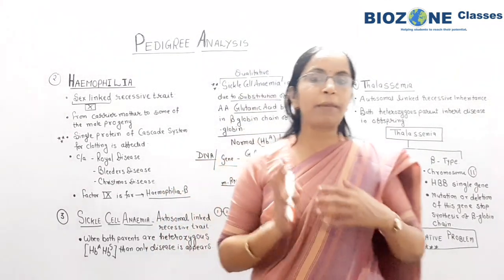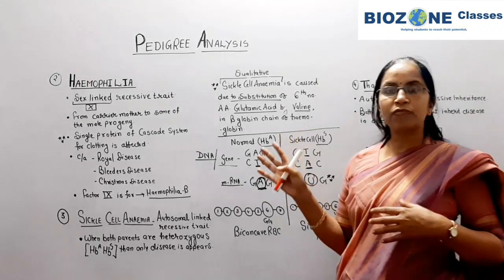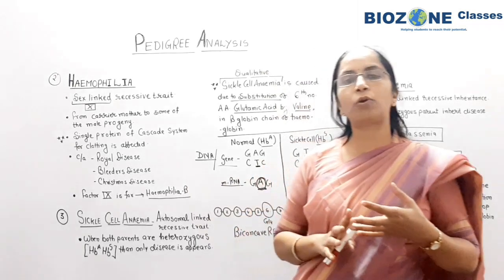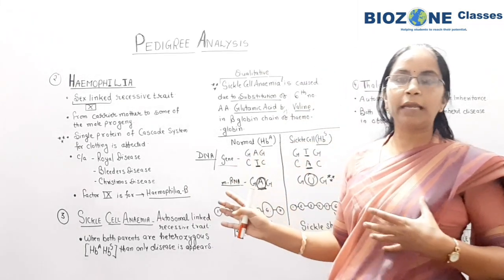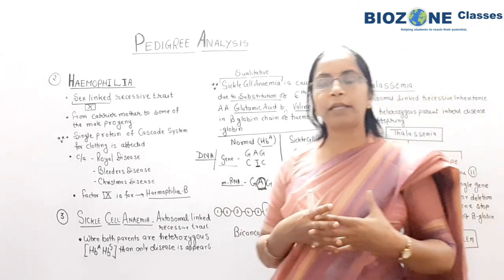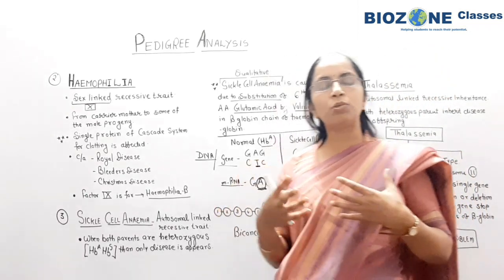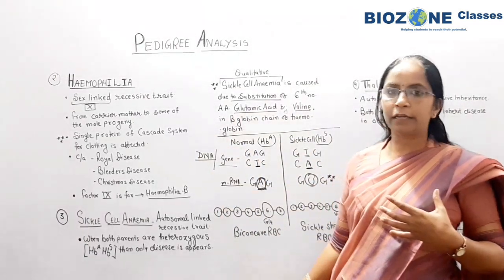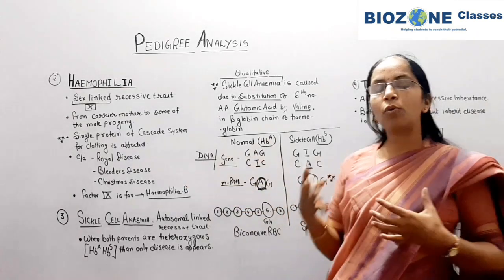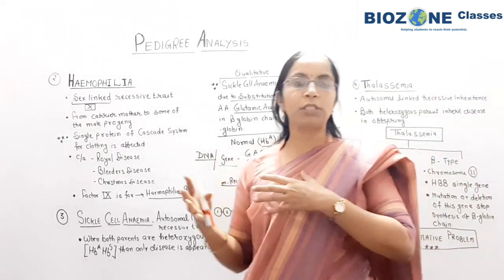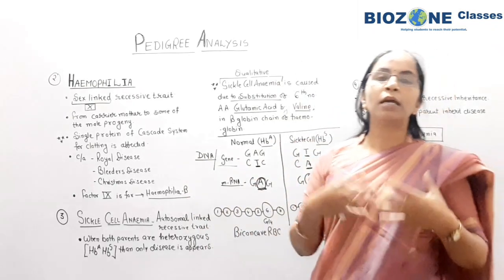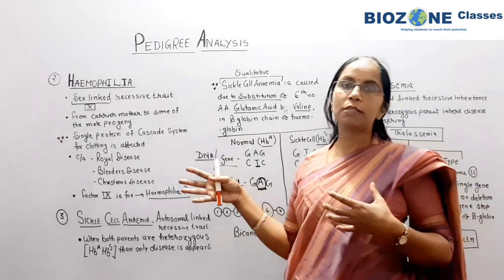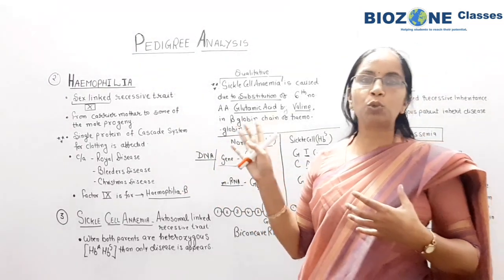So I hope whatever we have studied today, pedigree analysis and symbols, then the 2 types of inheritance, Mendelian and chromosomal, you have studied. Chromosomal disorders we have already studied, we also call them numerical disorders. In that part we studied Down syndrome, Turner syndrome and Klinefelter syndrome, and then we discussed the Mendelian inheritance. In this part I am not going to explain how the ratio of progeny, disease progeny, normal progeny, carrier progeny or male and female child varies, because if I explain all these parts, the session is too big.